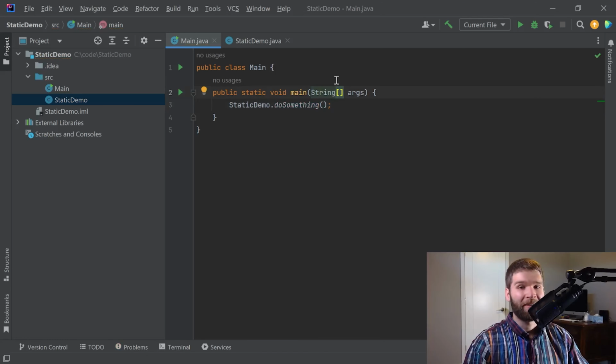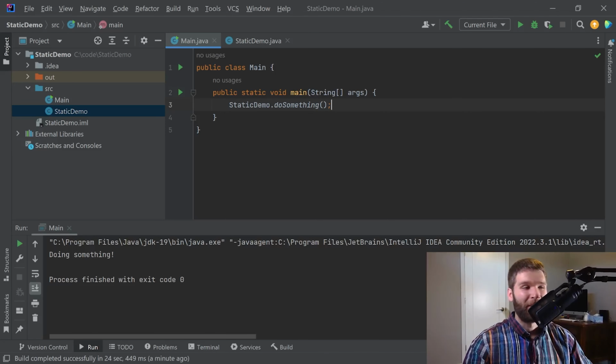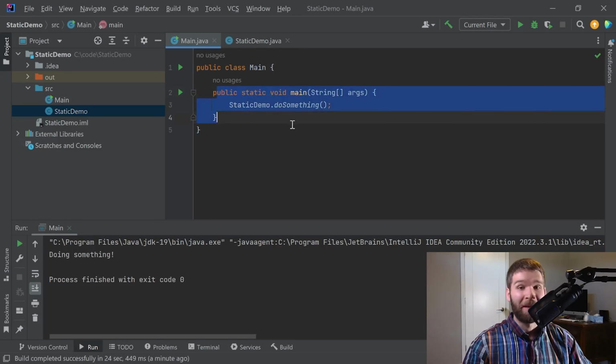So when I do that, now the code compiles. I'll run this just to demonstrate it's working. And as expected, we were able to call doSomething from within the static context of our main method. Very good. Now, just because you want to call a static method doesn't mean you always have to call it